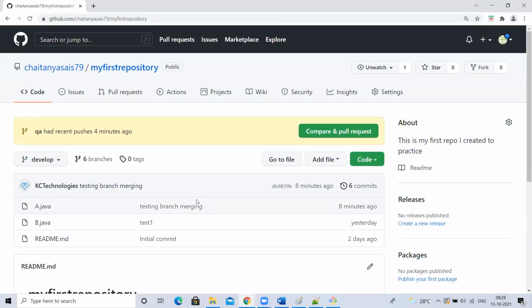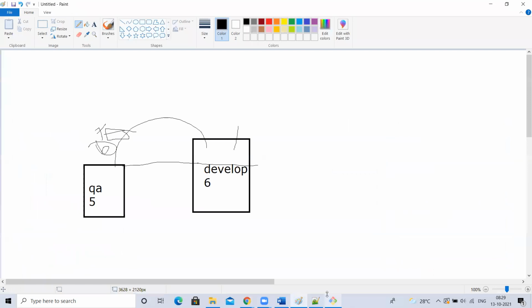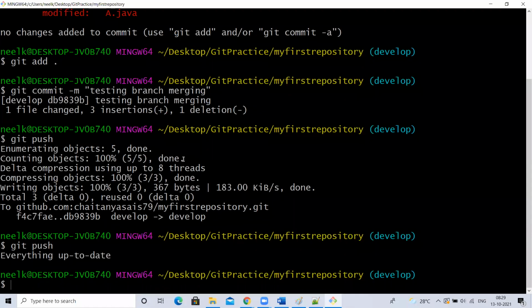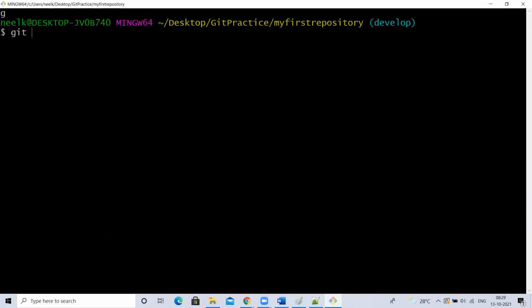Okay, so you remember how to merge the changes from one branch to another using a pull request. While using git pull, I want to use git pull. What is my current connected branch? Develop.